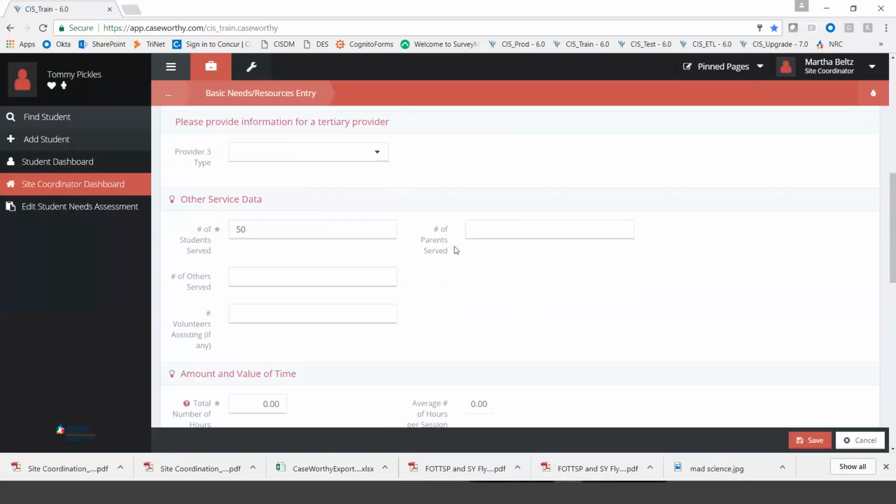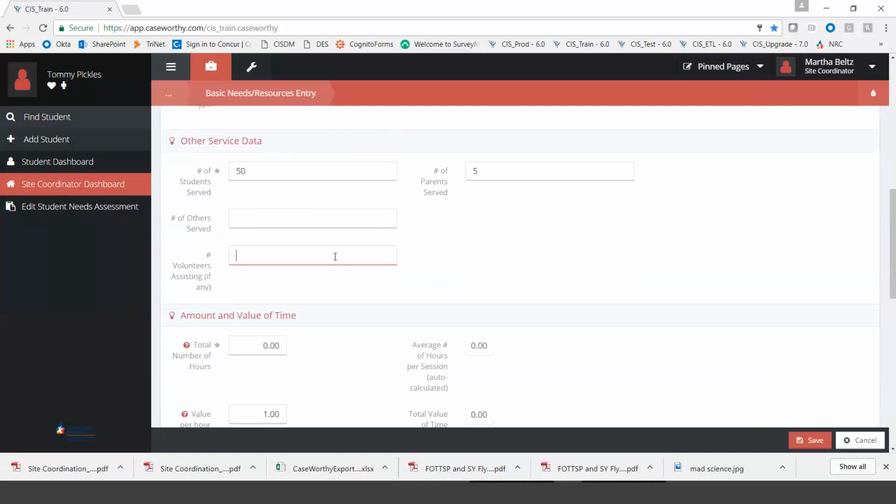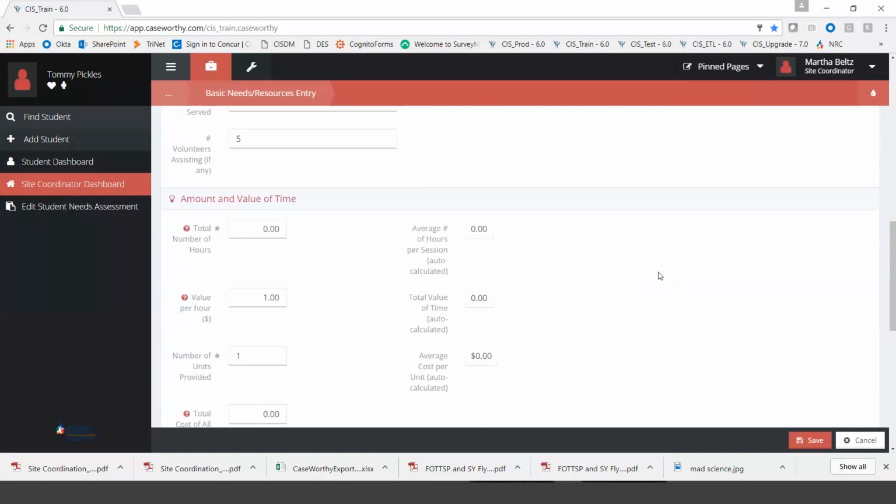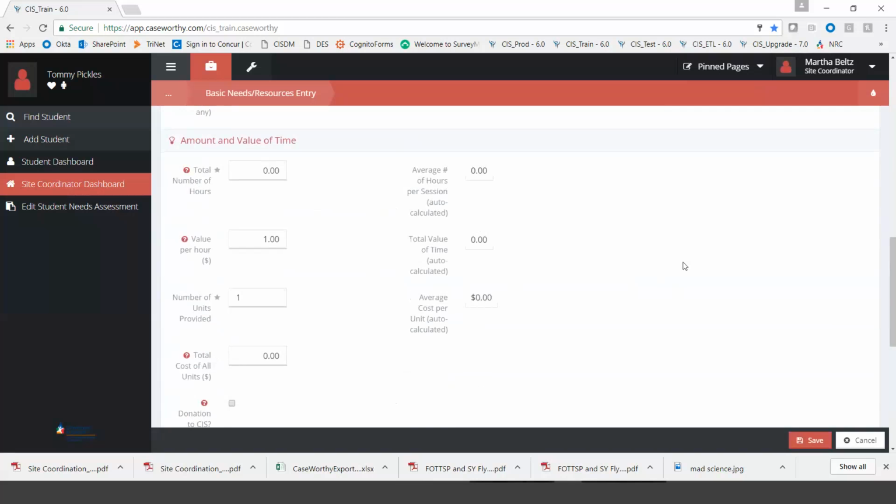And if there are any parents served, maybe we also gave out 5 adult coats, you can do that. Anybody else that was served, and any volunteers that were assisting. So we'll say we also had 5 volunteers here. So here is where we really try to break it out for basic needs, and part of the reason why